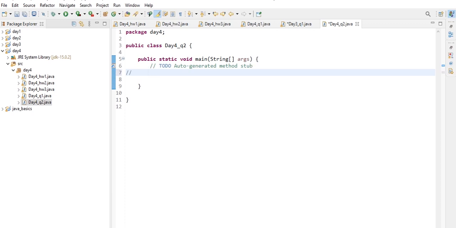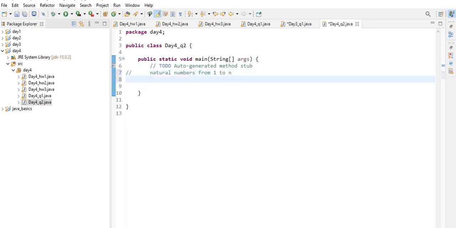That is, natural numbers from 1 to n. So let's declare a variable i of integer data type, that is int i equals 0.